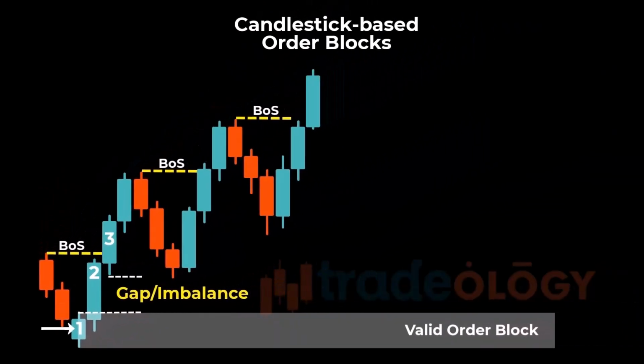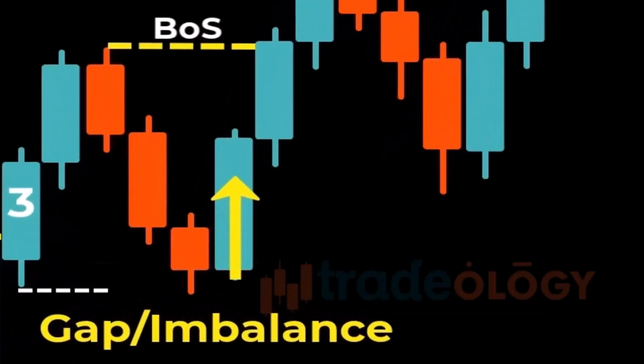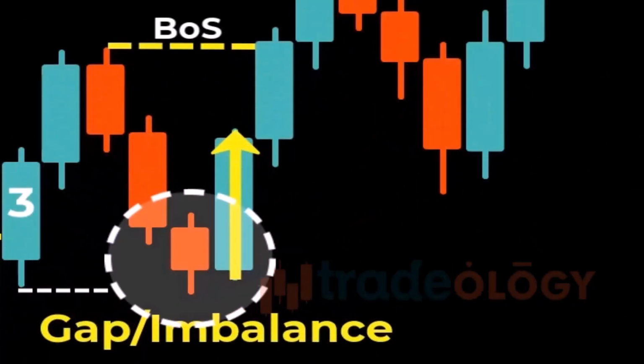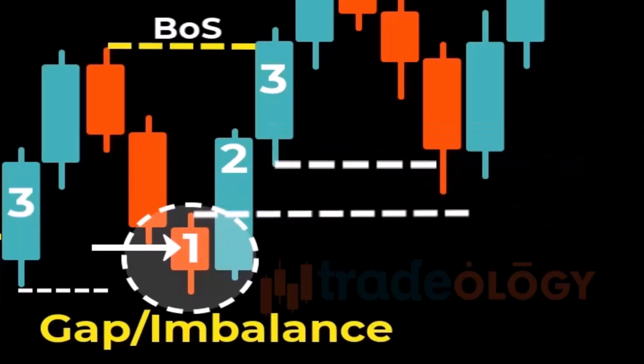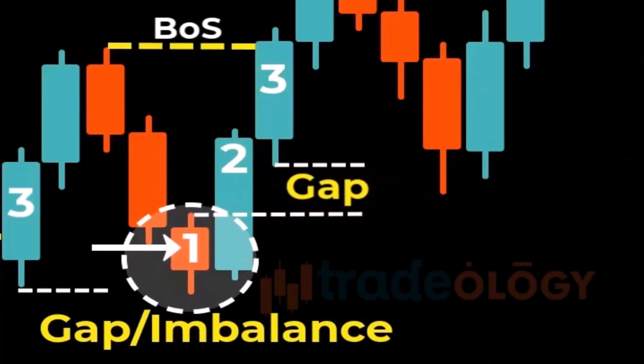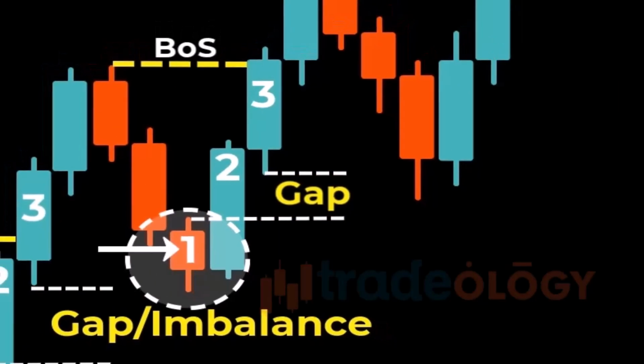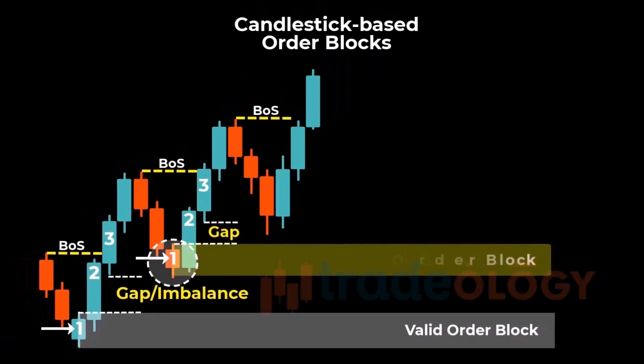Looking further up, we see yet another drastic upward movement. Here, a red candle, representing the last bearish candle, forms just before the price shoots up. This candle not only sweeps the liquidity below the previous bearish candle, but also leaves behind a proper gap between the 3 sequential candles, meeting all the criteria for a valid order block. This makes it a powerful zone with the potential to reverse the price if it pulls back and mitigates into